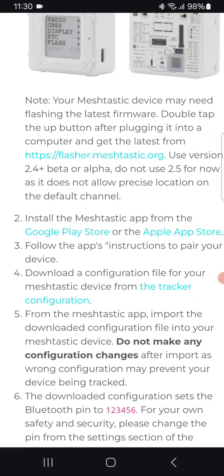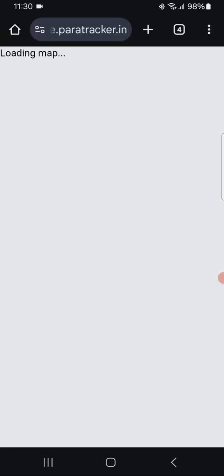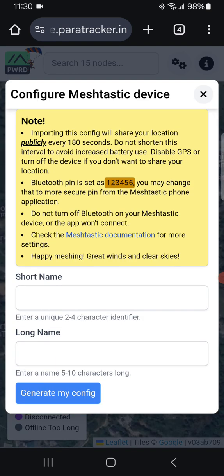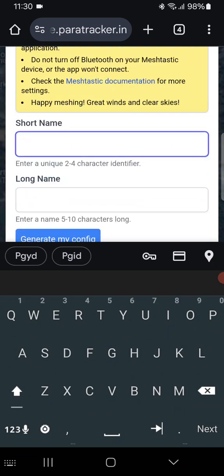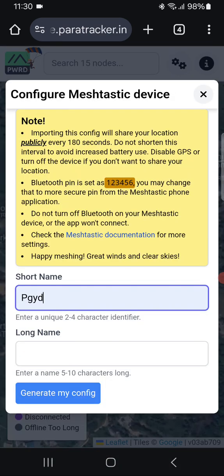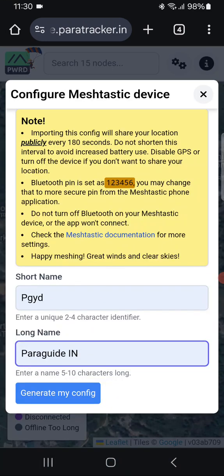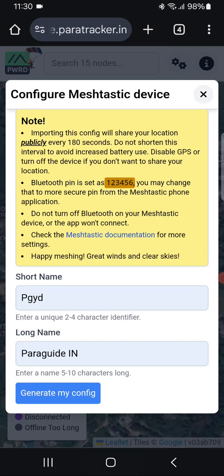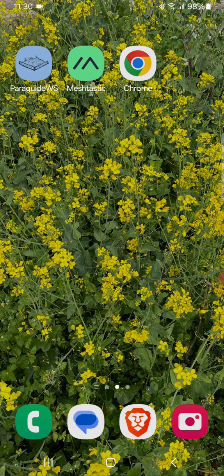Now I have to go to the tracker configuration. So download the configuration you need from our tracker. Give a short name which is 4 characters and a long name to identify your device with, and generate your config. That config you will download in your download folder, and once you have downloaded that, we go and set up the device. Next we open this Meshtastic app,